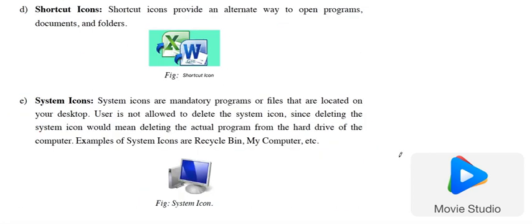Next we have what are called shortcut icons. So what are shortcut icons? Shortcut icons help me to directly go to a particular location in a computer system.